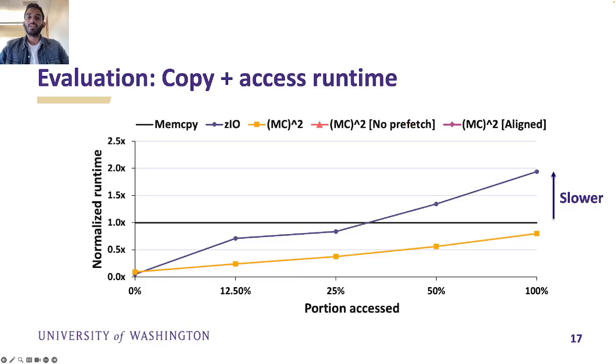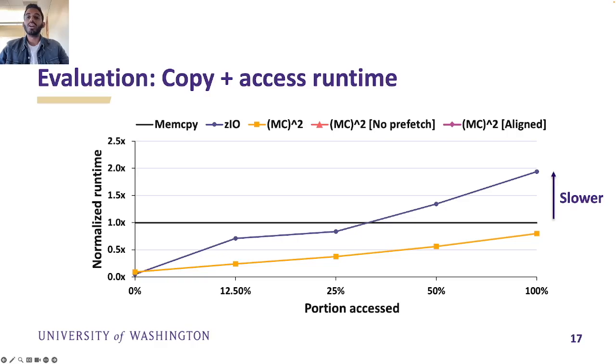To analyze the impact of lazily copying on access latencies, we ran a micro benchmark where a 4 MB source buffer is copied to a destination buffer. The destination is then accessed sequentially, and because the buffer exceeds the LLC size, none of the data is cached. We intentionally misaligned the source and destination, as in the applications we examined, the source and destination buffers are typically not cache line aligned. For our system, this causes additional access latencies to fetch data, the full details of which